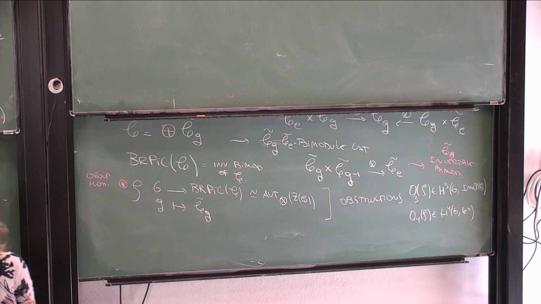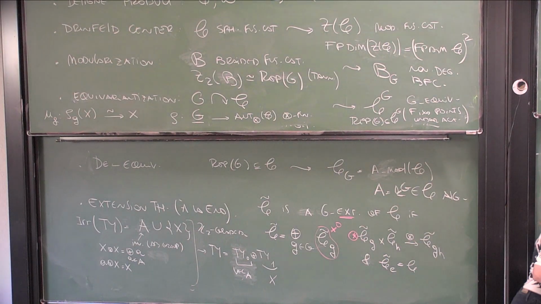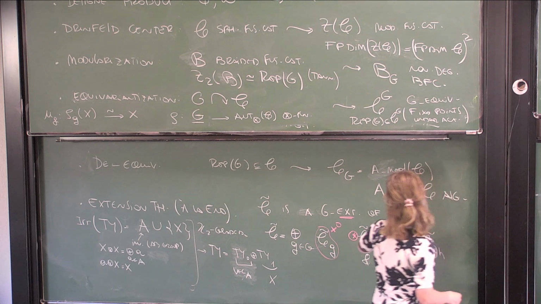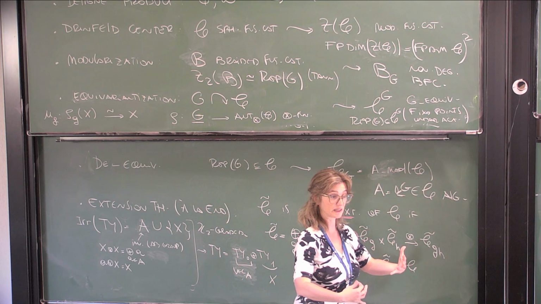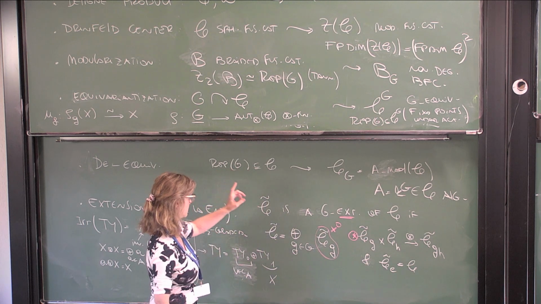So a lot of the time, if we already have a categorical action, we can start with that and try to check if the other obstructions vanish. There is a similar story, but since I haven't defined it yet, and we will see how I do on time, there is a similar story if here I want a G-crossed extension, and I start with a modular category